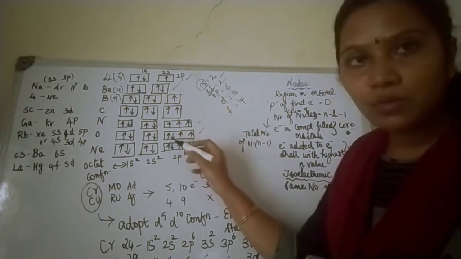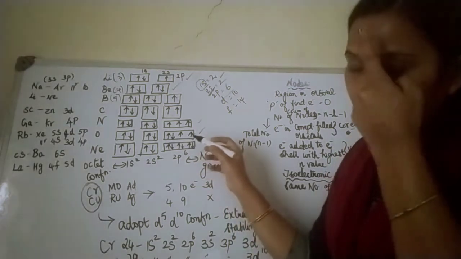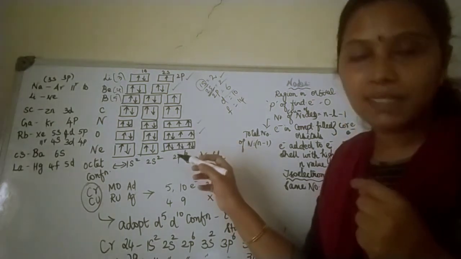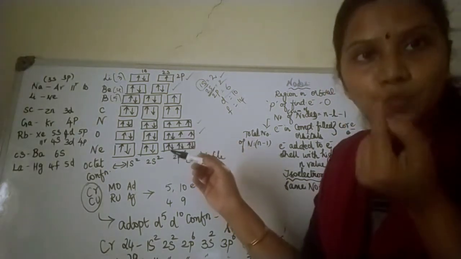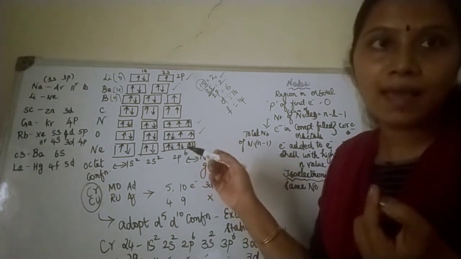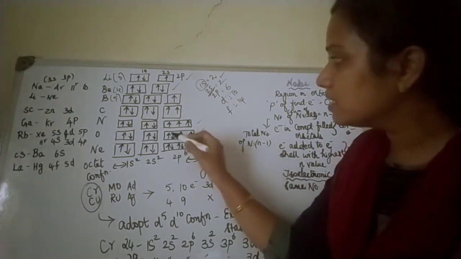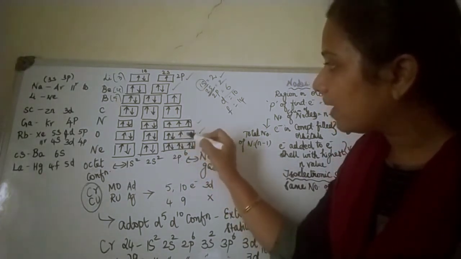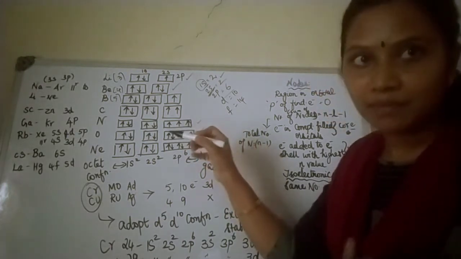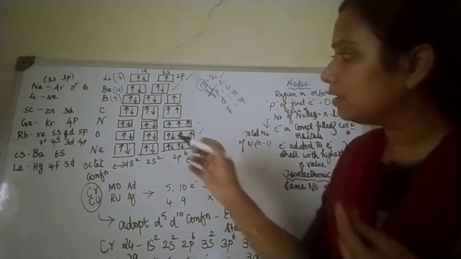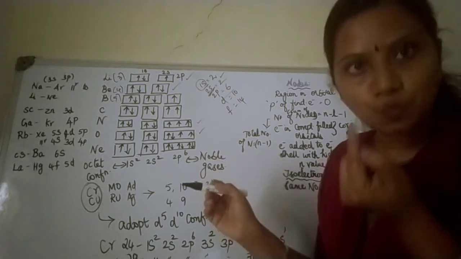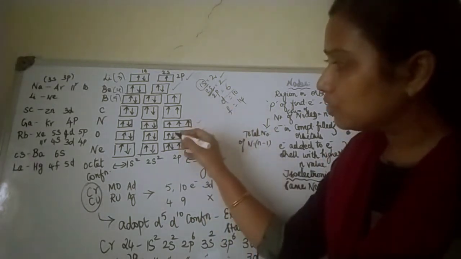Children, why? This is also as per our Hund's rule, because we have seen the rules for filling the orbitals. In this, we have seen that each orbital should have a single electron first. That's the reason why we are filling x, y, z, and then we are coming back, because we are making sure that each orbital has at least one electron before we pair them.